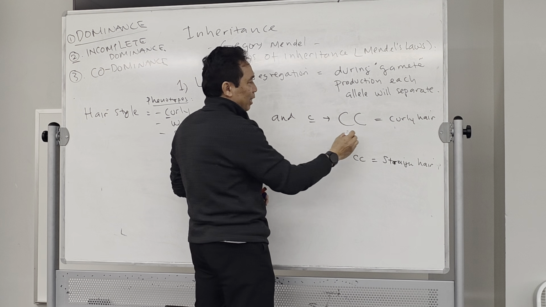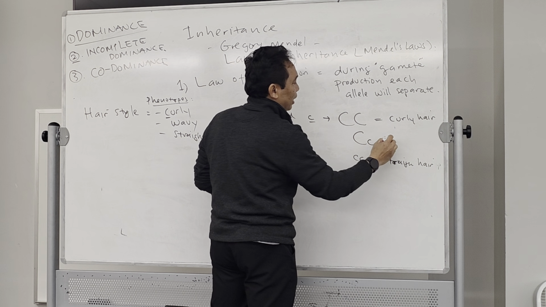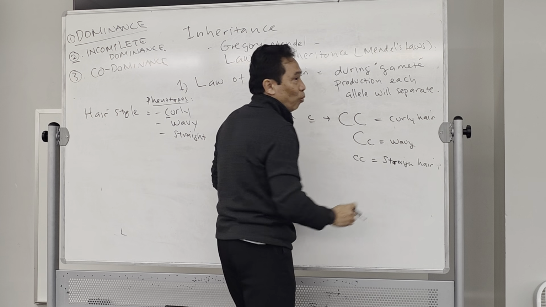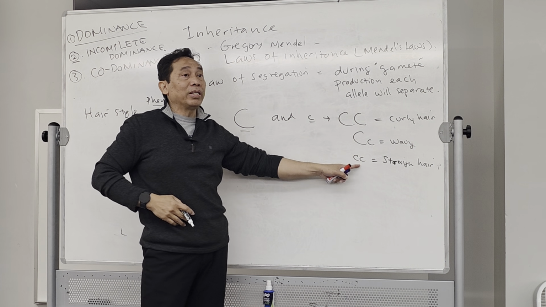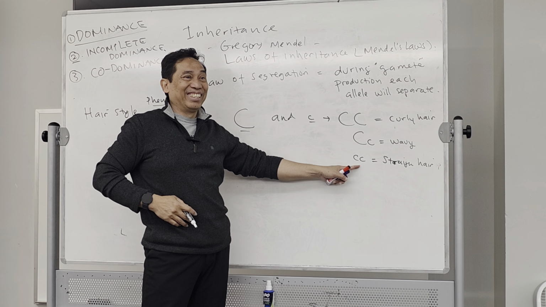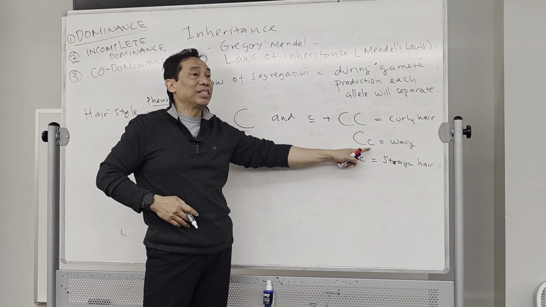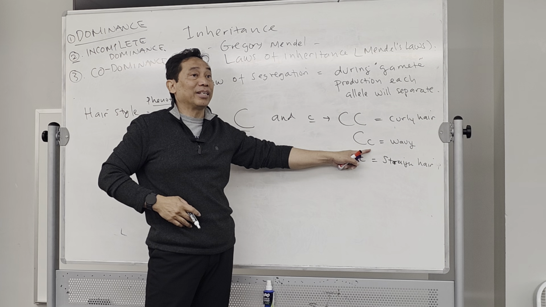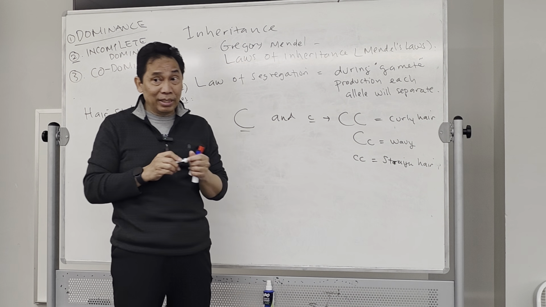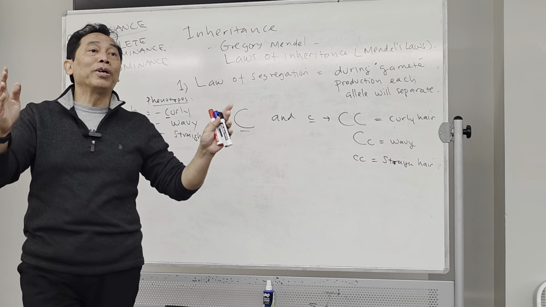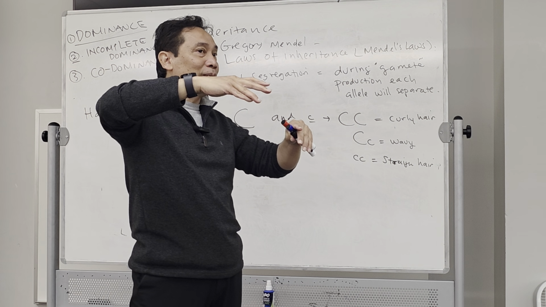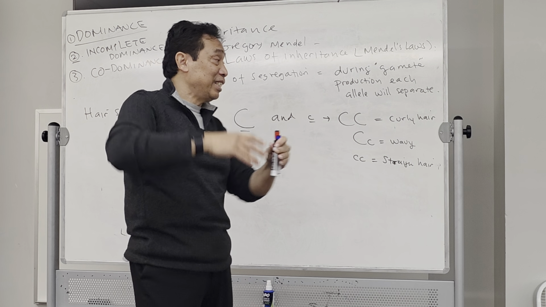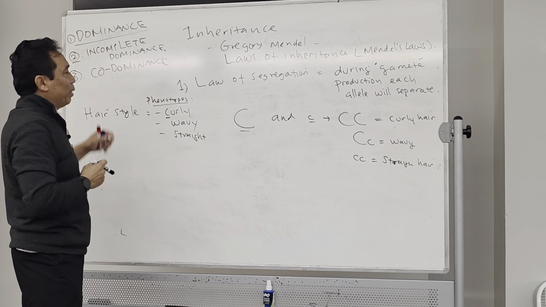Okay? And the one that is heterozygous is actually wavy hair. What do you see over here? You see that curly is actually not dominant to the straight, right? Because it produces an intermediate character. It's wavy hair. Just like a flower, for example, a red flower and a white flower produce the intermediate flower, which is the pink flower. That's the incomplete dominance over here.